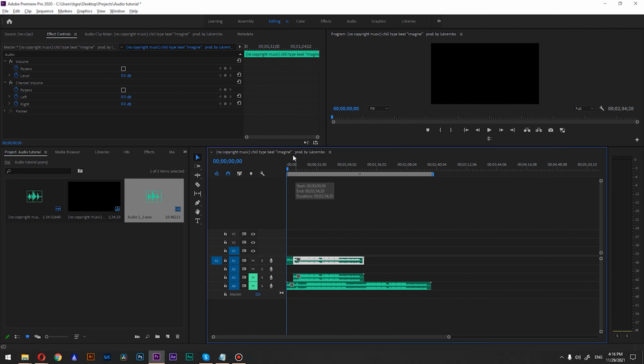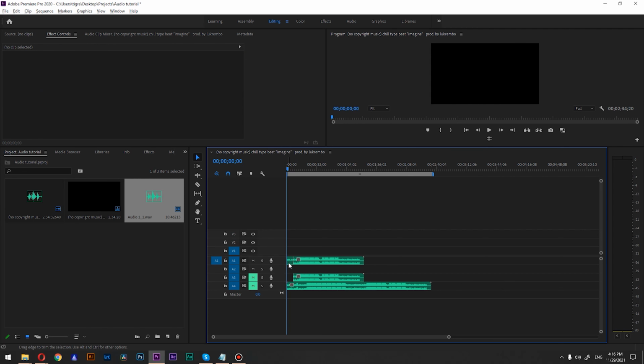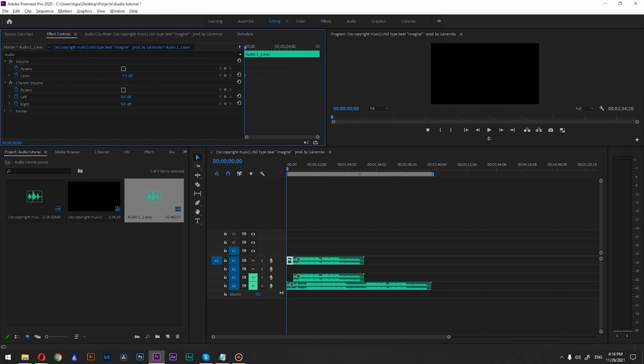And there's also another way that you can do it. Let's go to our audio 1, and what you want to do is go to the levels and go to like -281 dB, and the track will be silent for you. So this is another way how you can mute tracks separately.